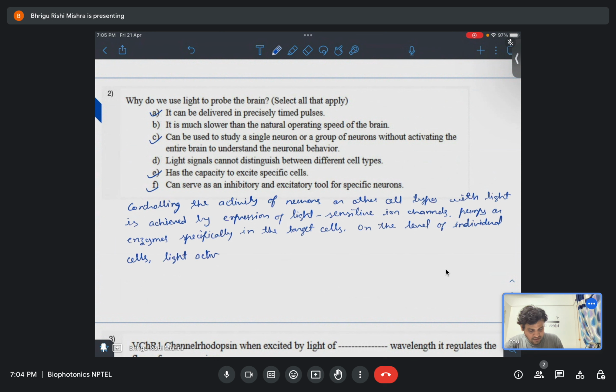Light-activated enzymes and transcription factors allow precise control of biochemical signaling pathways. Okay,